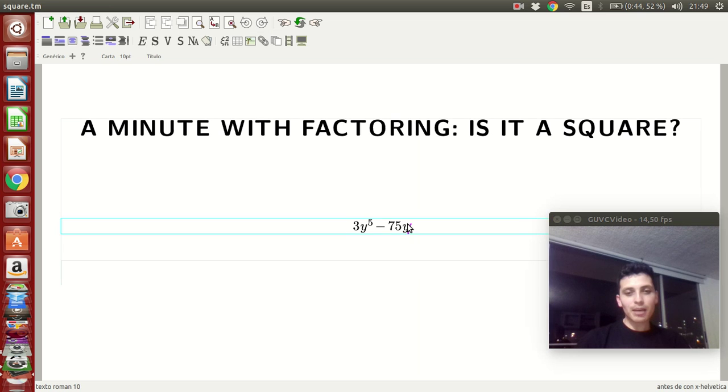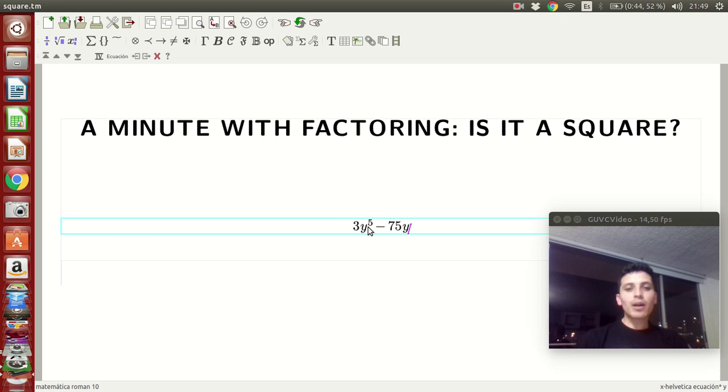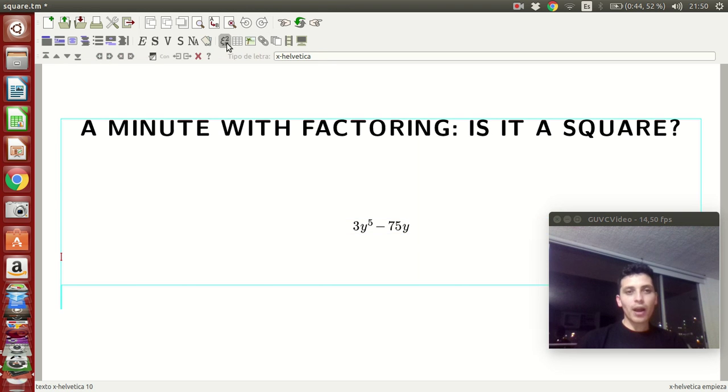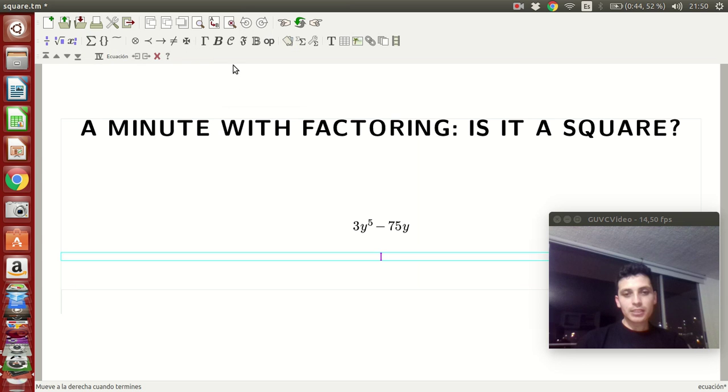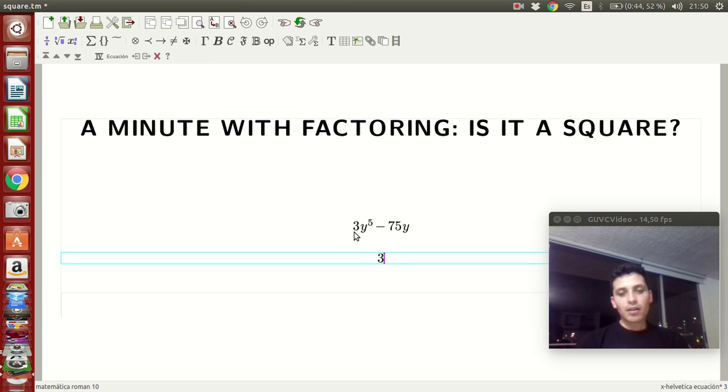Okay, this is the example: 3y to the fifth power minus 75y. So first we're going to apply the GCF. Which one is the GCF? So divide by 3, and y will be y to the lowest power, that is y to the first power, and now we have